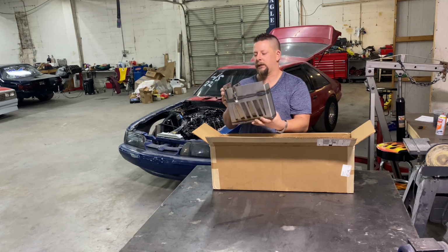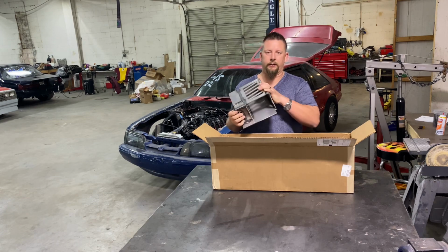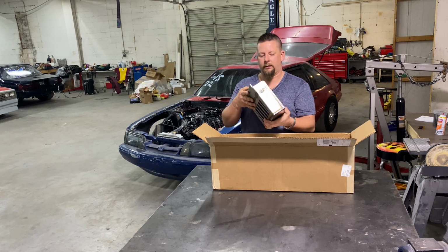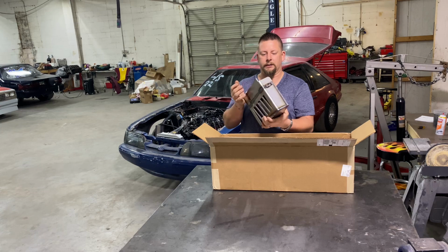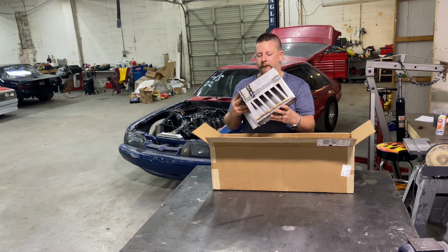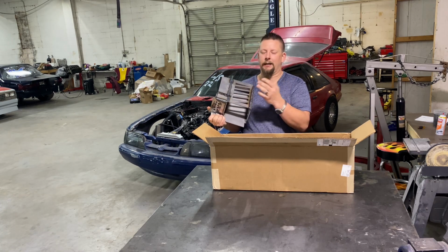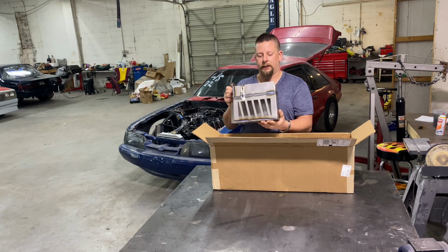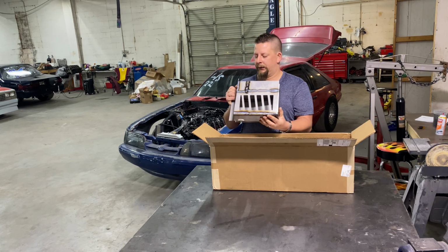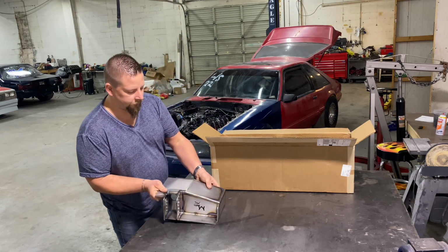It makes the car more stable. It gives the lower control arm something to push against other than just the box. And it makes things a lot more sturdy, makes the car stiffer, makes it react better to power. This is just an amazing piece all the way around. And he cuts this cool design in it, kind of to lighten it up, but overall just to make it look cool. But yeah, this thing is awesome. So this is your lowers,